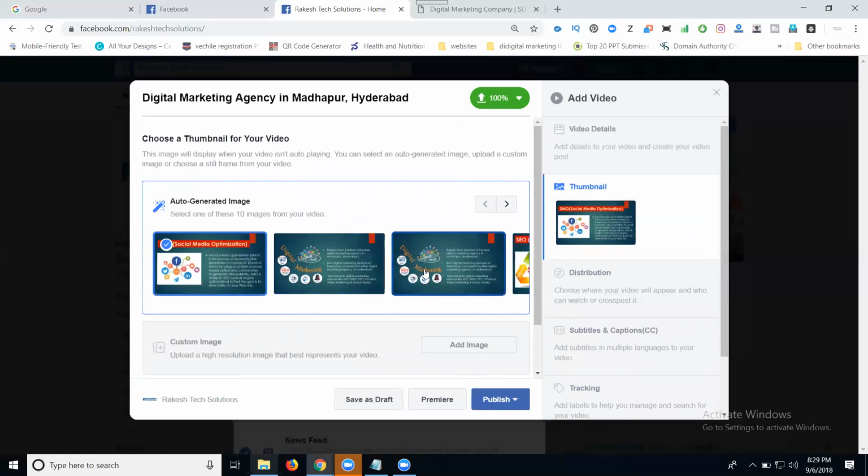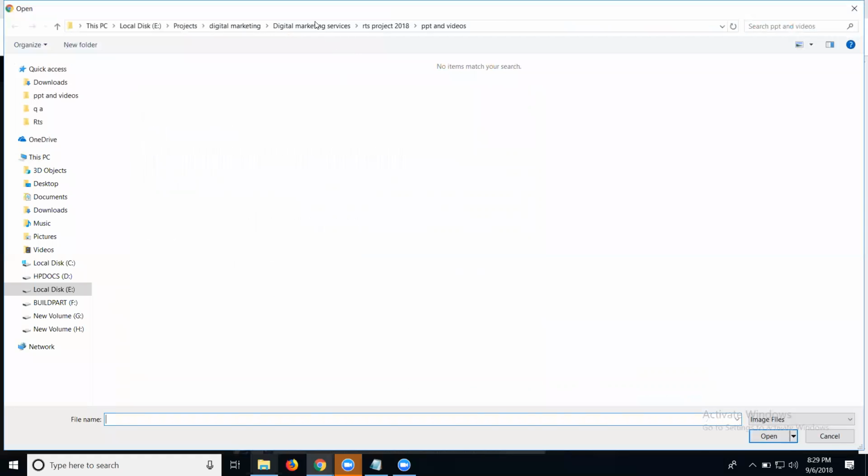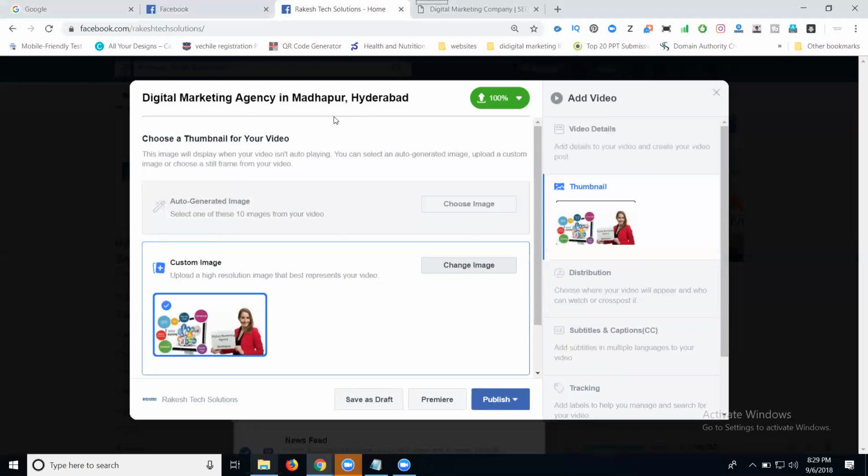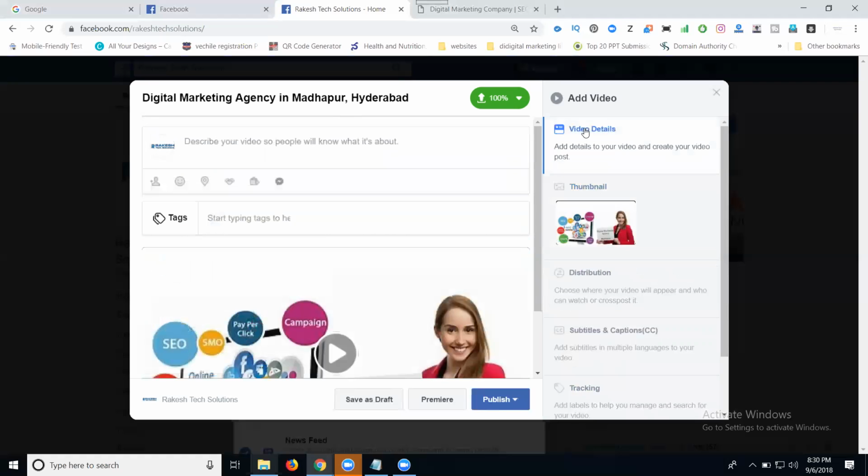If you upload your own thumbnail, go to custom image, add image, search your proper files, select your option, done. Now click on video details.